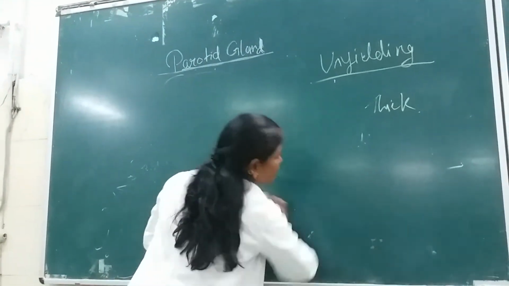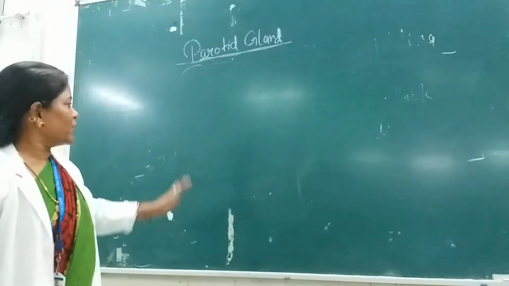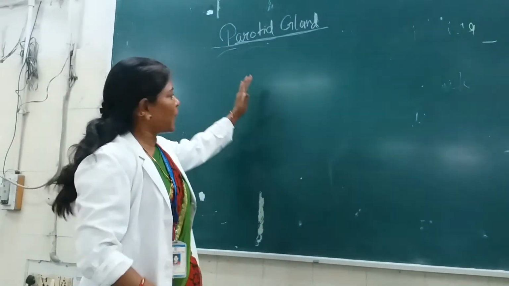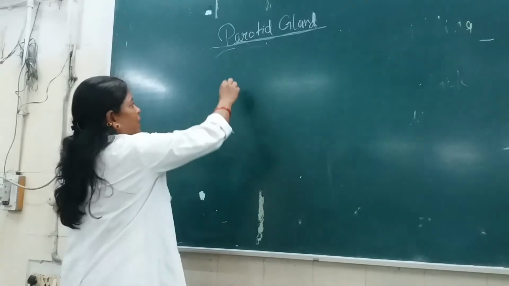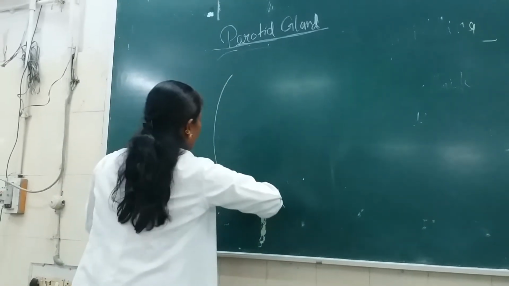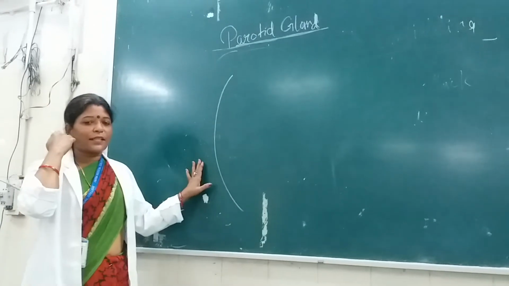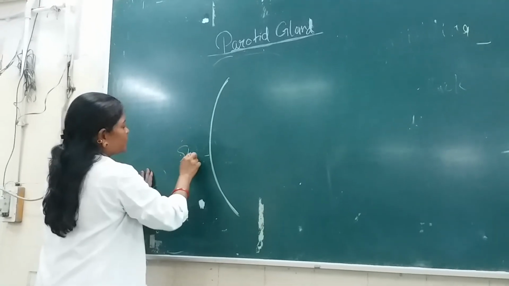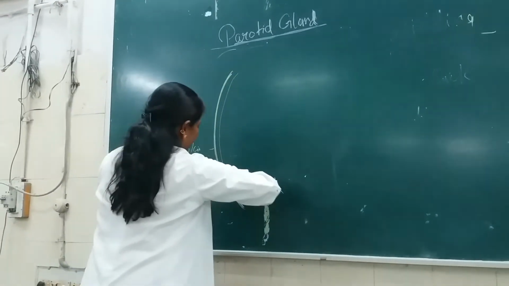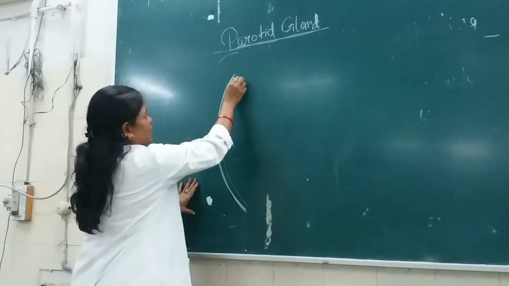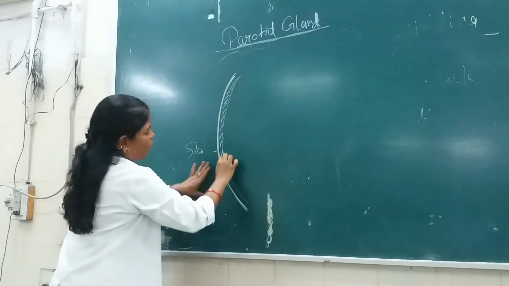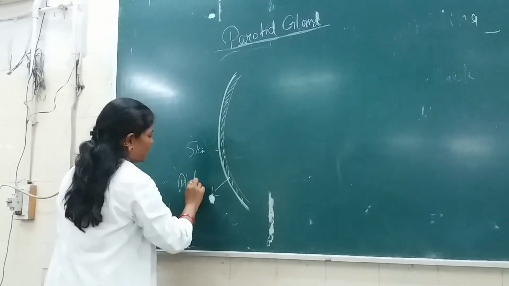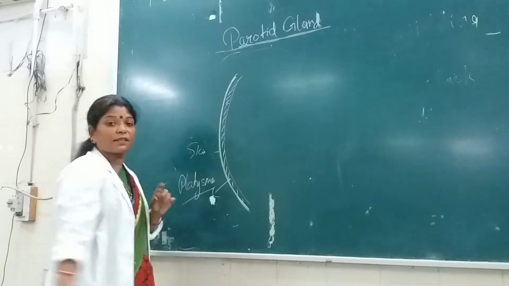Now, relations of the parotid gland. We have discussed all the parts, the parotid fascia, where it is situated. Now, I am drawing the horizontal section. Of which side? This is the right parotid gland, so the right side. This is the skin, okay? Then comes the superficial fascia. Just below the skin, in the superficial fascia, what is present? Anyone here? A muscle is there. Platysma. The platysma muscle is there. It is subcutaneous.